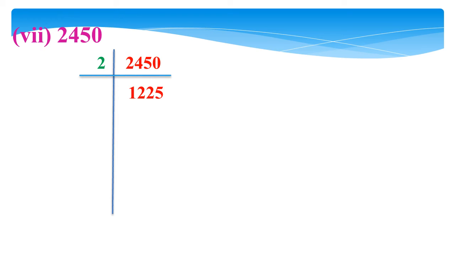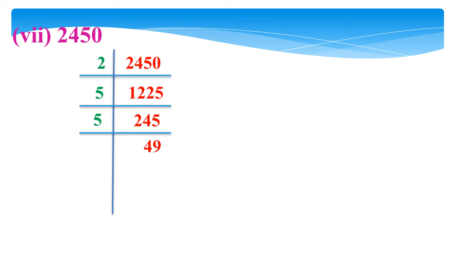1225 is an odd number and it ends in 5. So it is divisible by 5. Now 1225 divided by 5, we get 245. 245 ends in 5, so it is divisible by 5. Dividing 245 by 5, we get